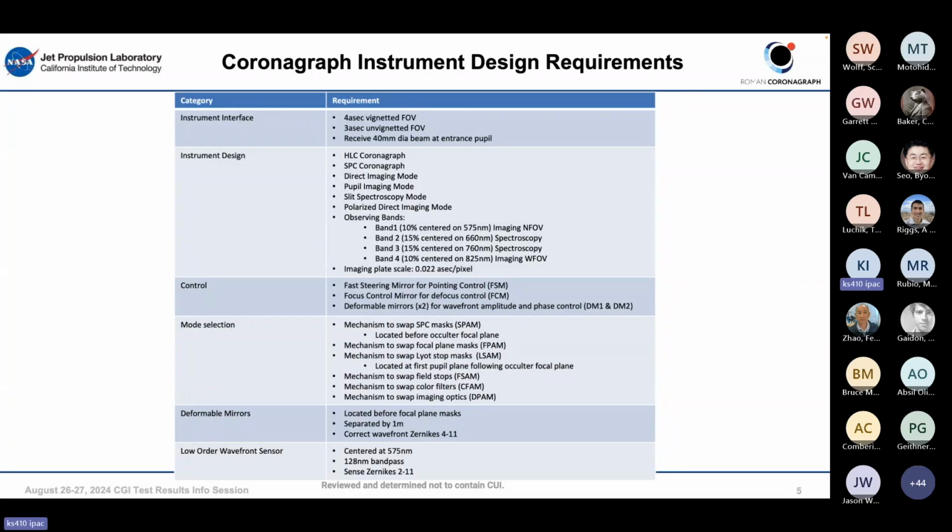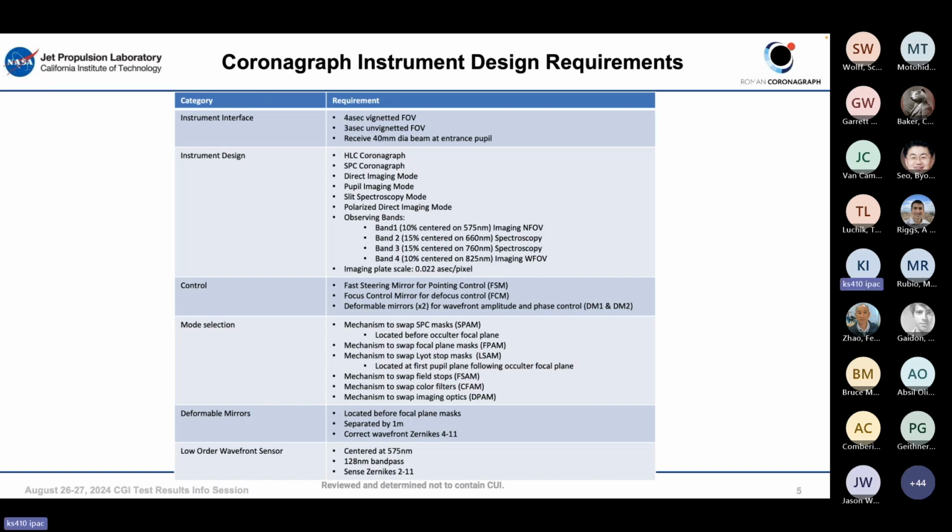So there's a quick list of the key design requirements for the instrument. Interface of the maximum field of view, vignetted field of view, 4 arc seconds, 3 arc seconds unvignetted field of view. We have an HLC coronagraph as well as an SPC coronagraph, in direct imaging mode, in pupil imaging mode, with a slit spectroscopy mode, polarization imaging modes, 4 observing bands. Band 1 is our threshold band,